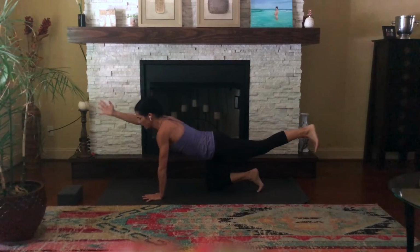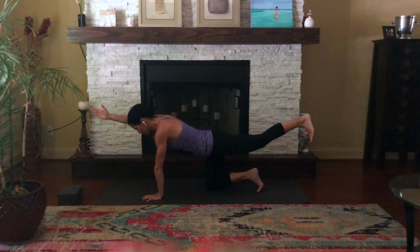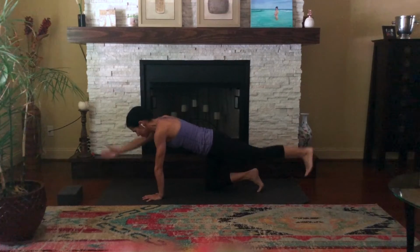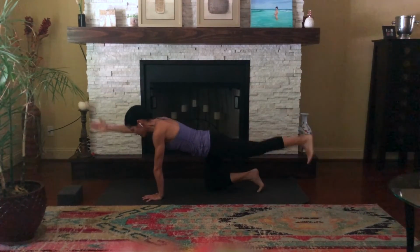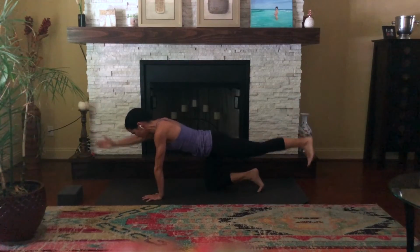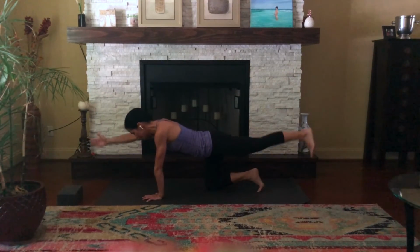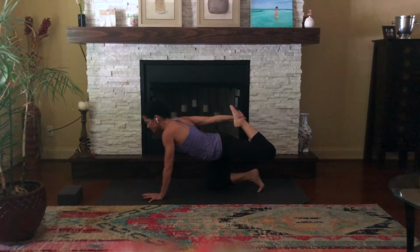So notice if you're dumping into this, get really energetic, pressing through the left palm, pulling in through the belly. On your exhale, tap, inhale, lift. Tap, lift. Keeping the hips in line. That's 4, we're gonna do 3 more. Tap, lift through the left heel. Tap, lift, last one. Tap, lift, bend your left knee, reach your right hand back for your left foot, wherever